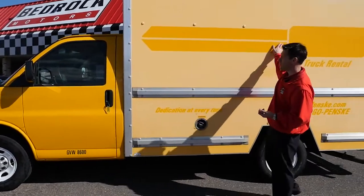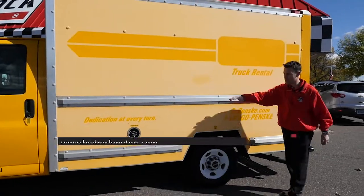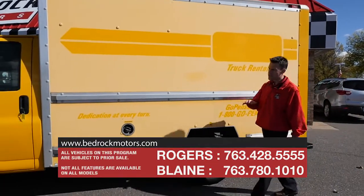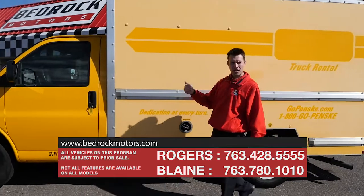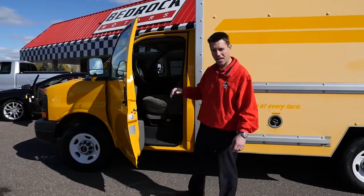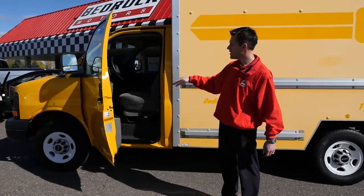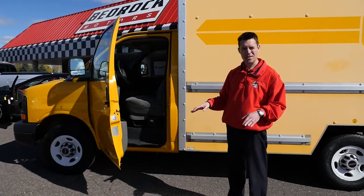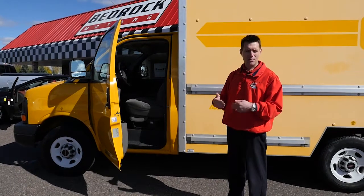And you can see this whole side was kind of a billboard before, and you can make it again. You could even change the color if you wanted to. But these vehicles are completely gone through. The air conditioning works. It's a basic work truck, so it doesn't have leather interior and navigation like the other cars we show you, but cloth interior, air conditioning, a nice radio. This is a perfect vehicle for your business,